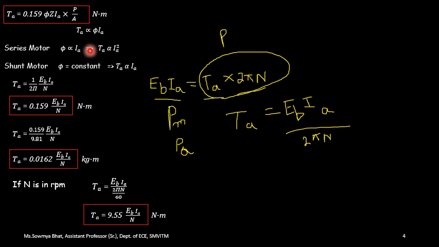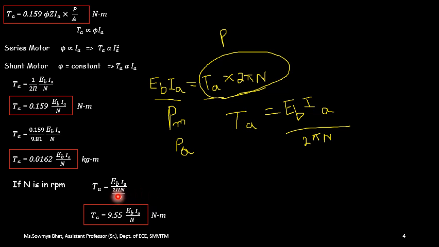All these equations which I have explained just now are without dividing the value by 60. If I divide the value by 60, it means that the speed is expressed in terms of RPM. So till here it is expressed in terms of RPS. Wherever I find the notation N, it is expressed in terms of RPS. Now if I want to express it in terms of RPM, I am just using the same equation. So TA is equal to EB into Ia divided by 2 pi N.